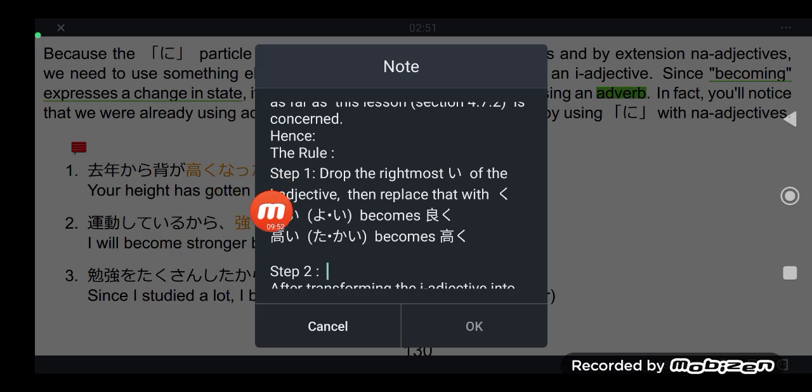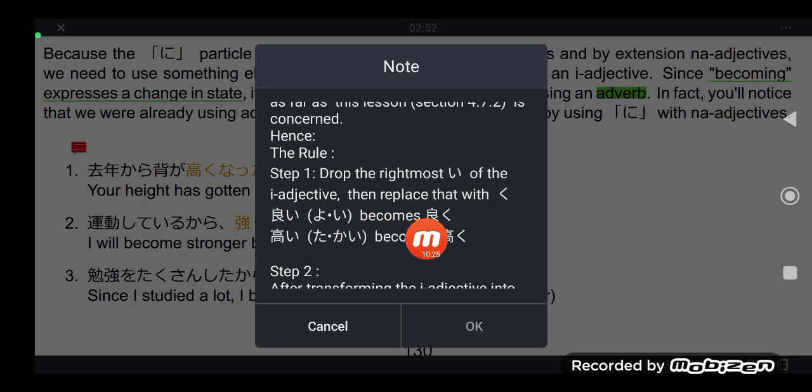If you have an I adjective, you determine the rightmost I. All I adjectives have their rightmost I. So step one is to drop the rightmost I of that I adjective and then replace that I with ku. So the yoi, this is also I,